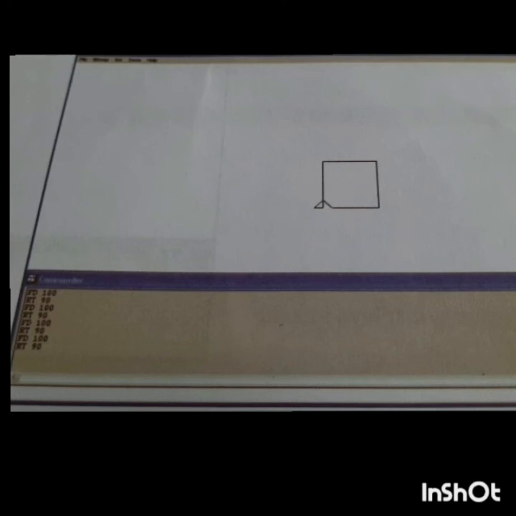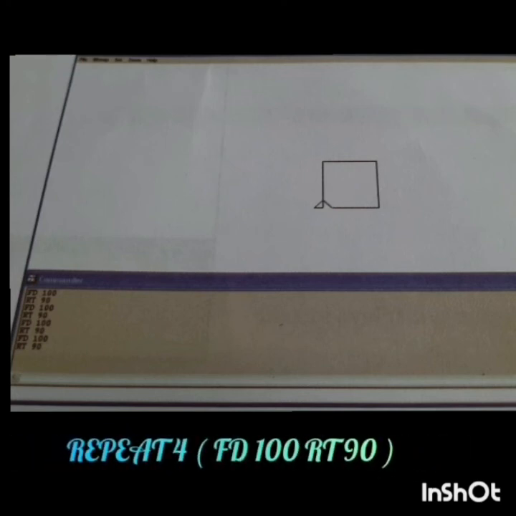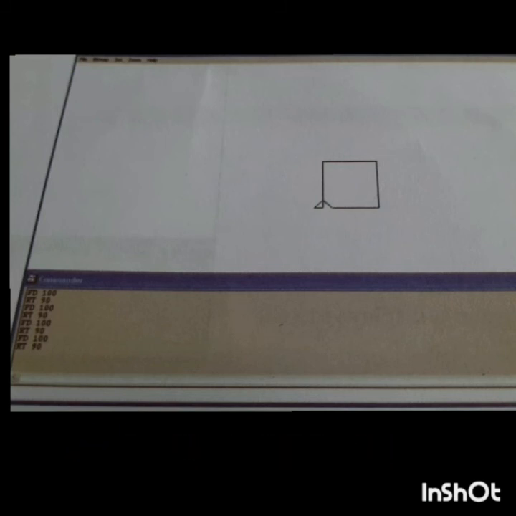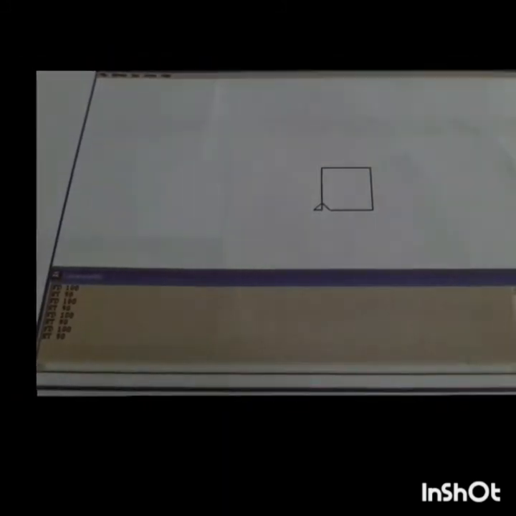Repeat 4 times. How many times? 4 times. The forward 100 and right 90. The number 4 after the repeat command instructs the computer to repeat 4 times the commands given within the square brackets.